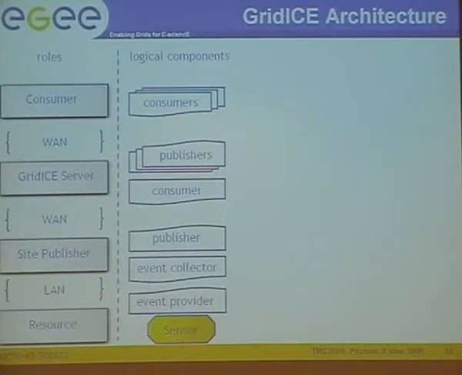So going into more detail on the structure of the data generation and distribution, on the left side you can see the main roles involved in GridIce. In the bottom part we have the resource, that is the target entity being monitored. Then we have the site publisher, that is the component that collects the data within a site and exposes them to the grid. Then we have the GridIce server that makes aggregation of this data and offers the information to the final user. So sensors run on the resource, then these events are collected in the site,